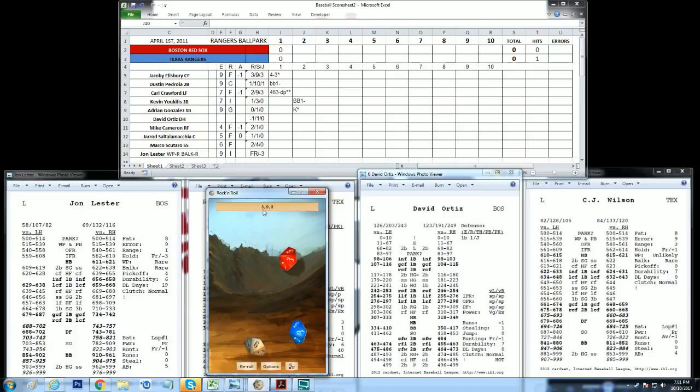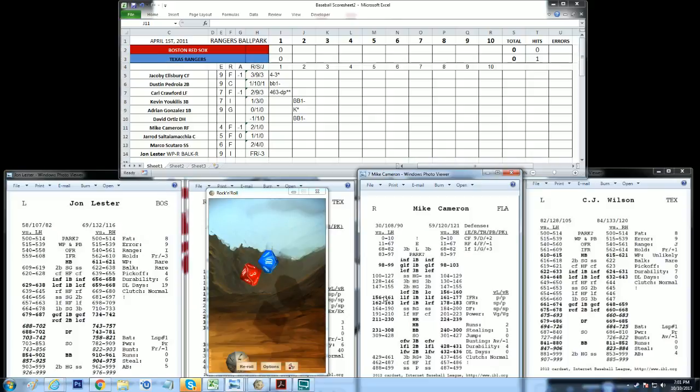David Ortiz got a 393. David Ortiz 393 against the lefty is a walk. So 2 walks in the inning. And runners on first and second for Mike Cameron. Let's find out how Mike does. 2 walks in the inning by C.J. Wilson. Runners on first and second, 1 away. Mike Cameron,